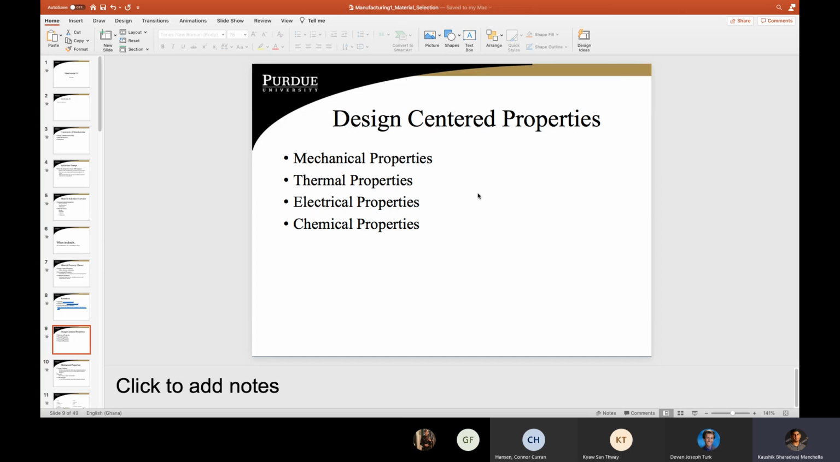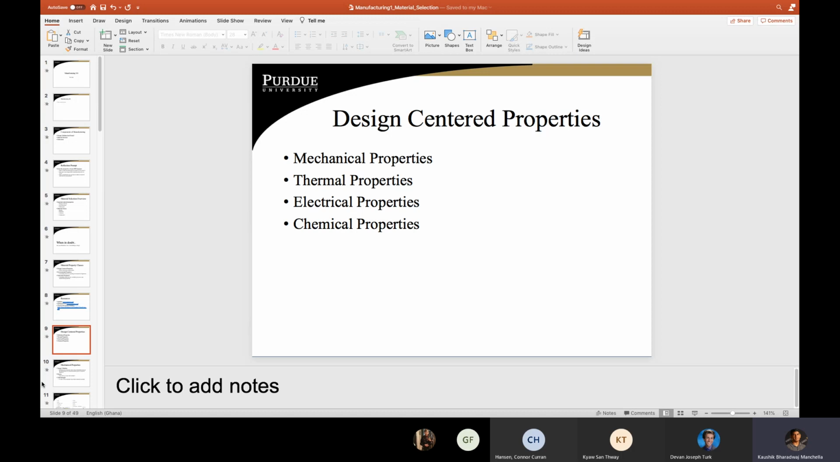And in a lot of situations, you don't have to consider all of them. Depending on your design, one may be more important than the other. For example, Imagination Station has an enclosure set up for their exhibit to keep that Mars rover within. For that particular scenario, the mechanical properties of the material selected for the enclosure would be very relevant. However, the chemical properties may not need to be considered heavily,